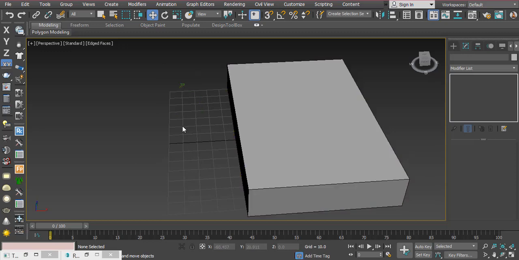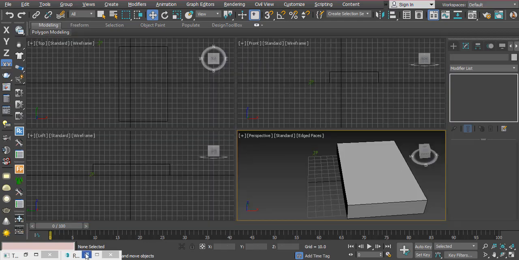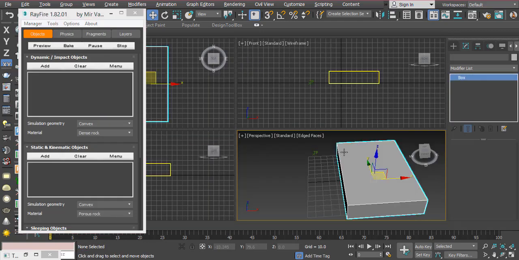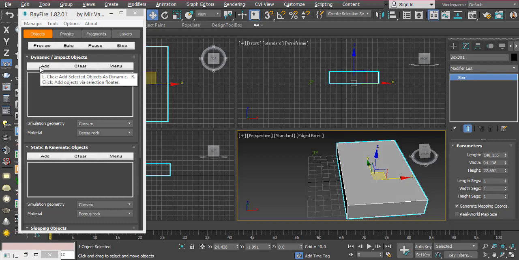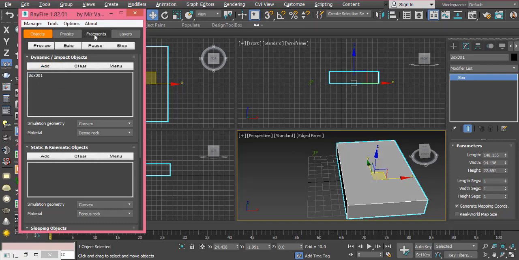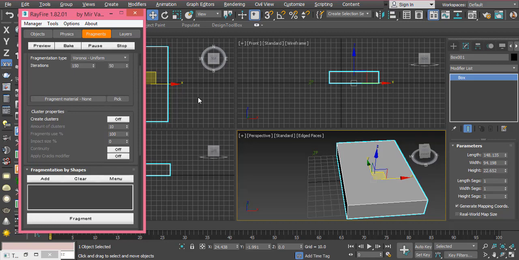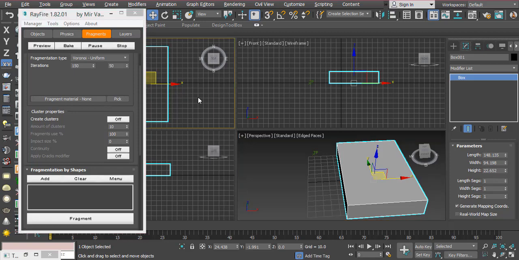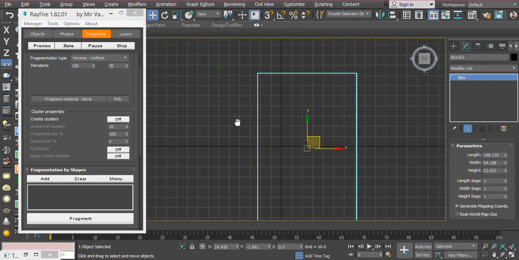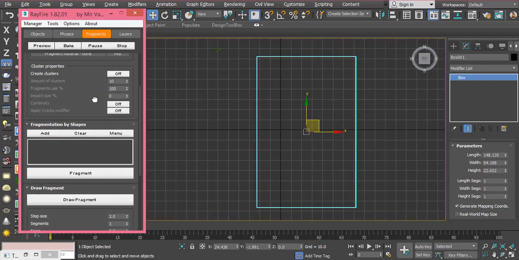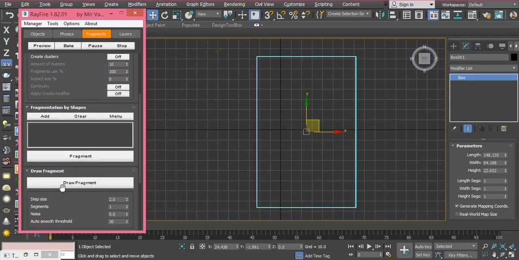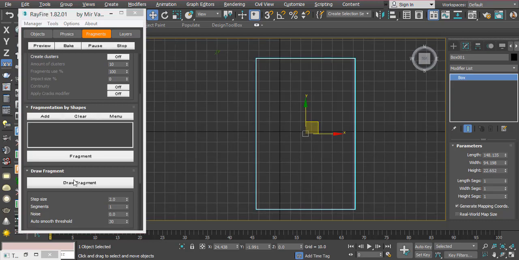And open Rayfire. Add this box to the dynamic impact objects list and click on the fragments tab. Maximize the top view. Okay, we are going to use draw fragment. Okay, click on draw fragment